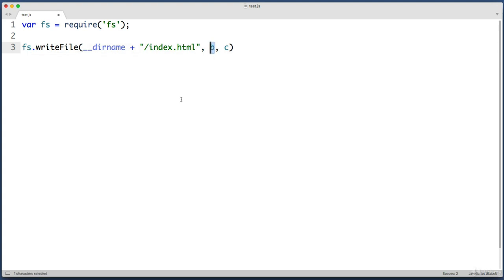So instead of this placeholder B, I will provide a string of text, so quotes, and then let's imagine we want to create an HTML headline. So heading level 1, close out the tag, and within the tags, let's just say HTML is great. Okay, and then finally, for the third argument, instead of this placeholder C, we want to include